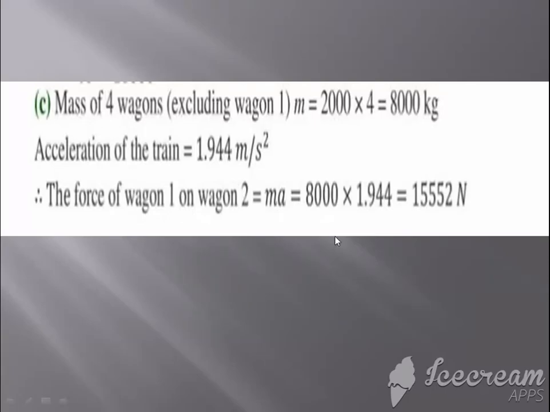Third is the force of wagon 1 on wagon 2. The mass of 4 wagons is 8,000. Acceleration is 1.944, which was calculated in the B part. The force of wagon 1 on wagon 2 would be m into a. So the remaining mass is 8,000 because one is pulling the other 4. So the mass is 8,000, that is 10,000 minus 2,000. Acceleration is 1.944. And when you multiply this, you get the answer